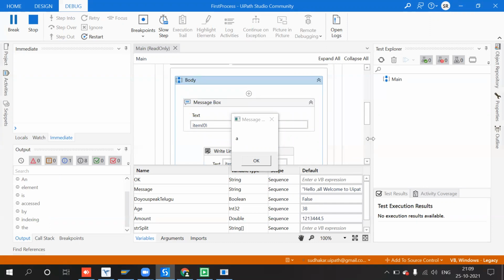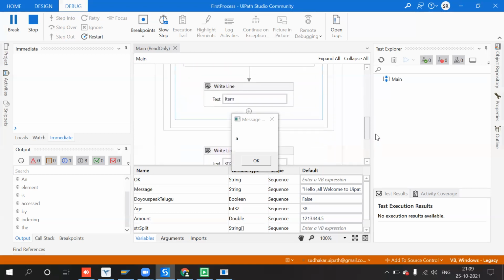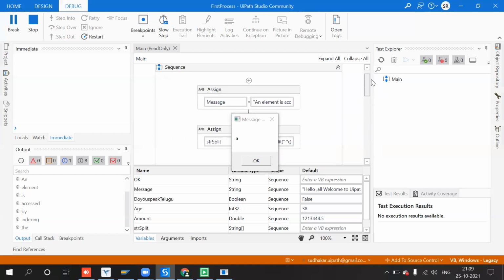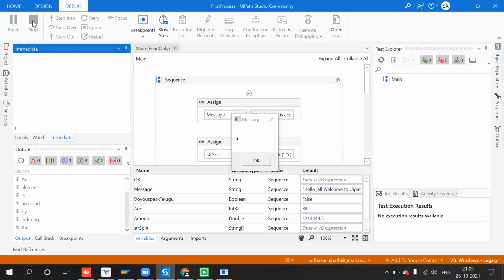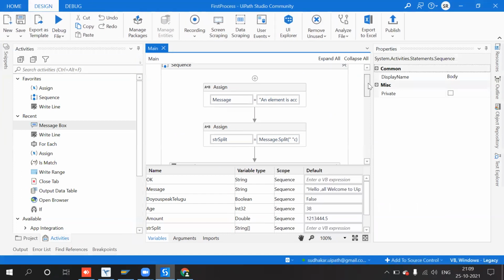But here it is showing all the values, okay, yeah, in the bottom we use write line, right? So we are getting each, but when I use index of 0, we are not getting the correct values. So this is how you can debug an application. This is called debugging.